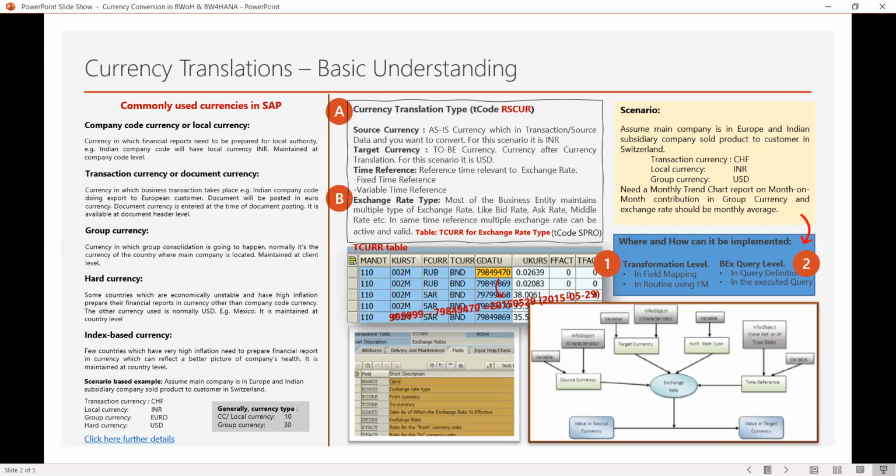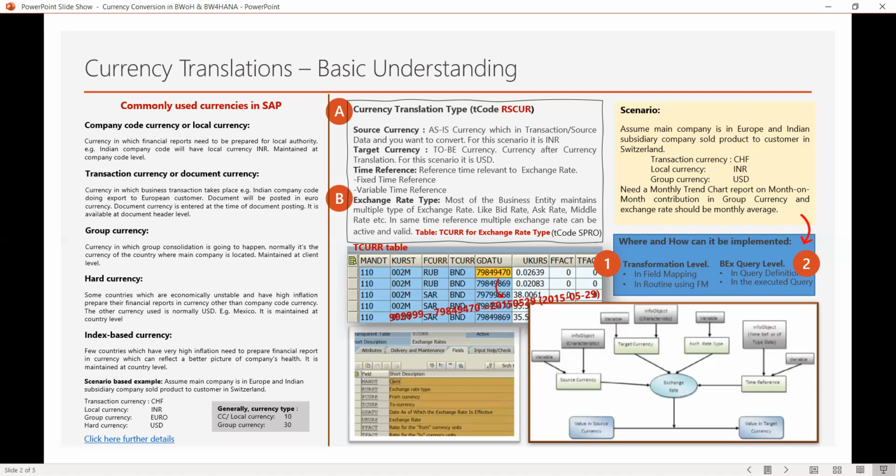If you go to a bank, then you will see there is an exchange rate chart from one currency to another currency on that particular day. There you will see one column is for the source currency, one column is for the target currency.